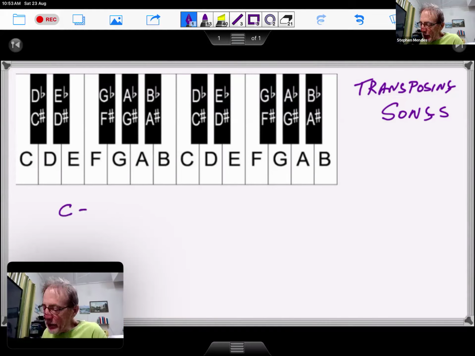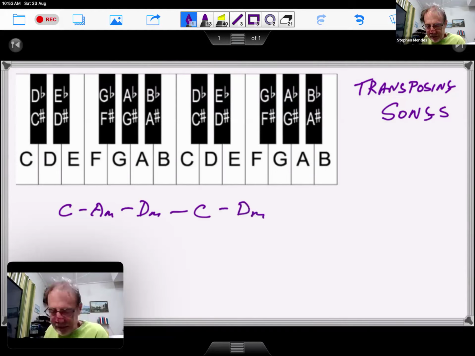Let's start with C and go to A minor, and then to D minor, and then back to C, and then to D minor, and then to G minor, and then to B flat, C, B flat, C, F,